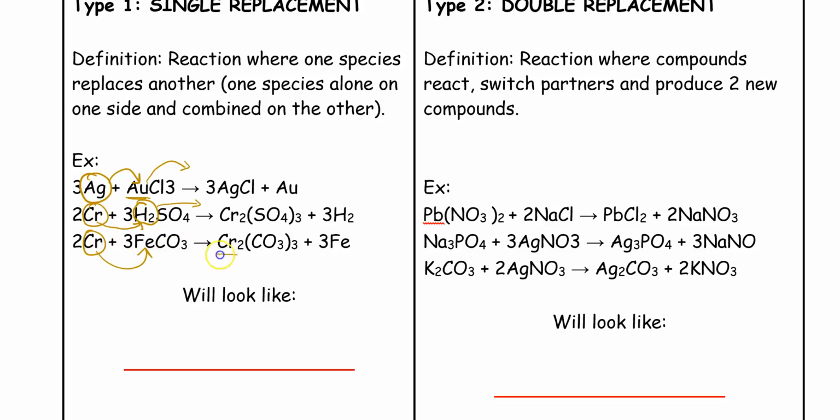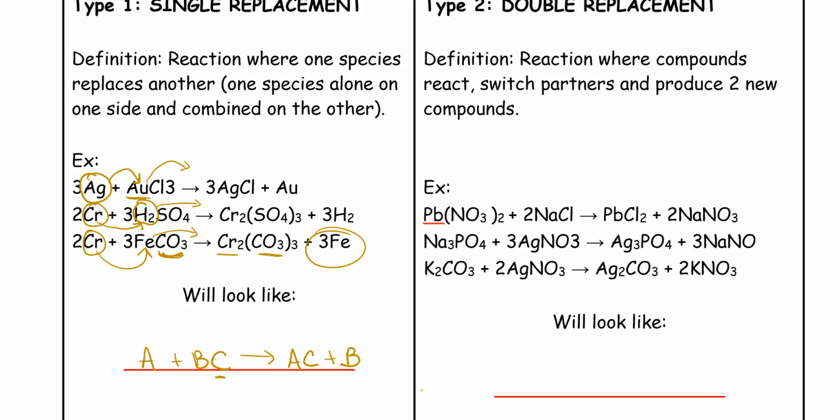So now you can see chromium is combined with the CO3, which is the last part of that compound, and then the iron comes out by itself, and you'll see that on the end. So this will generally look like A, something by itself, plus an ionic compound, BC, to form AC, where A is combined with the negative ion in BC, and then B will be by itself,